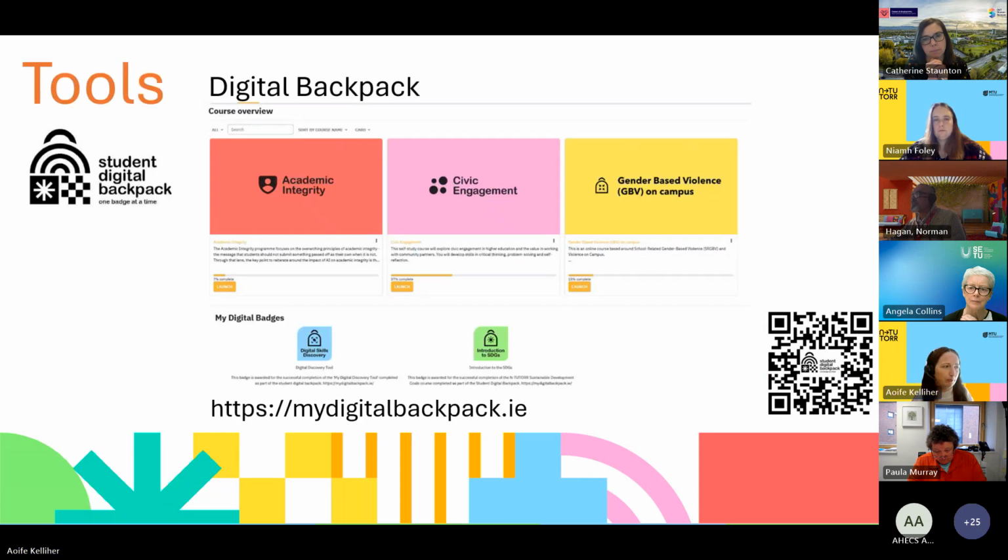The third thing I want to talk about just briefly is the concept of the digital backpack that inTUTOR has rolled out between all the partners. If you're within an inTUTOR partner, this is something you can log on to now, all staff and all students. So I've put the link there for you to log on to. Unfortunately, it isn't nationwide, but it certainly has the potential for it. The digital backpack is essentially online courses that have been developed by higher education for higher education. So I suppose that's the unique area that they're in.